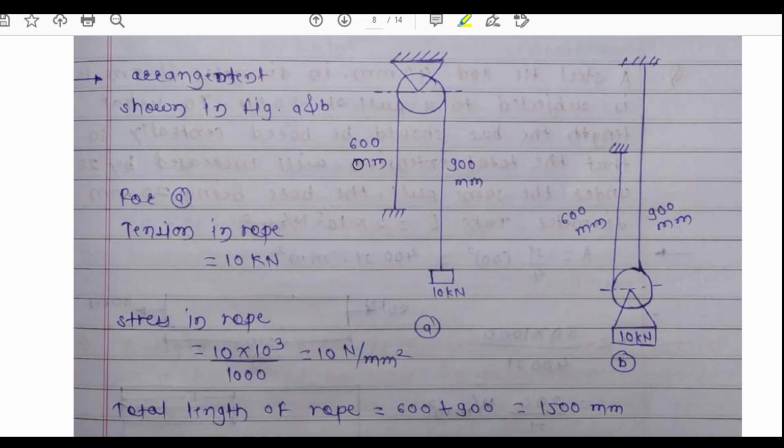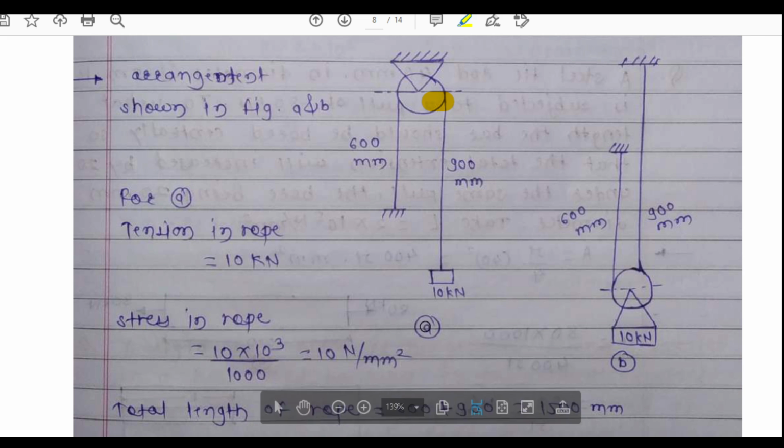Now ये जो फिगर है यहाँ पे आप देख सकते हैं, ये पुली है यहाँ पे, और पुली के ऊपर से आप एक रोप जा रही है जिसकी लेंथ यहाँ 600 mm है, एंड यहाँ पे 900 mm है. तो टोटल लेंथ कितनी हुई यहाँ पे 1500 mm की लेंथ हुई है ओवरऑल रोप की, and at the one end there is 10 kilonewton load. Okay, this is for figure A, and for figure B